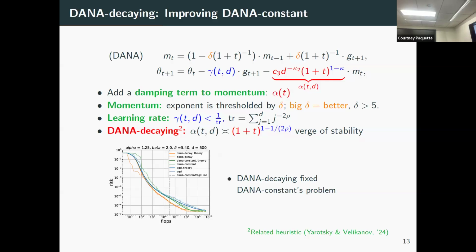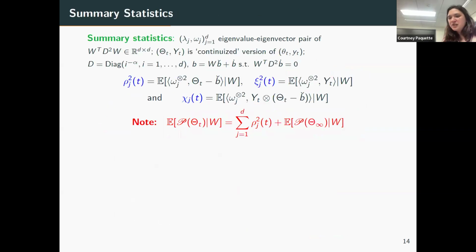So the orange curve is indeed the data decay idea where you just have a time-dependent thing. You get all the way from time 1 basically an acceleration behavior. So it's quite nice. Just to say, because you guys probably want to know how to prove this. Okay, so how do you do it?